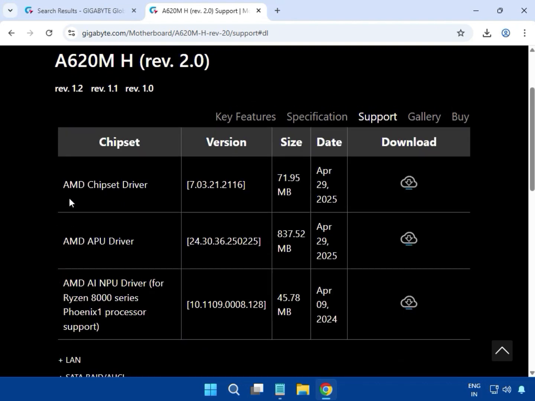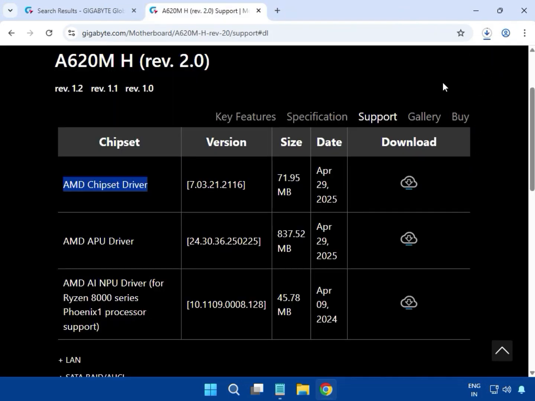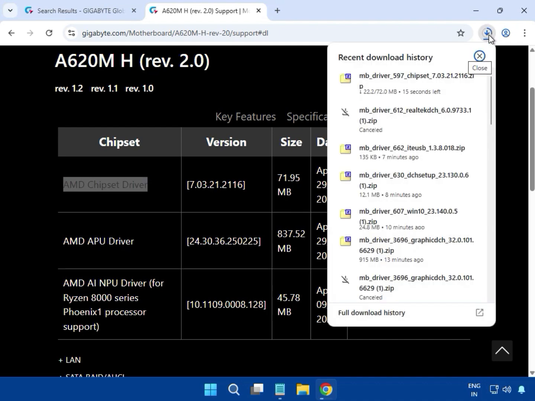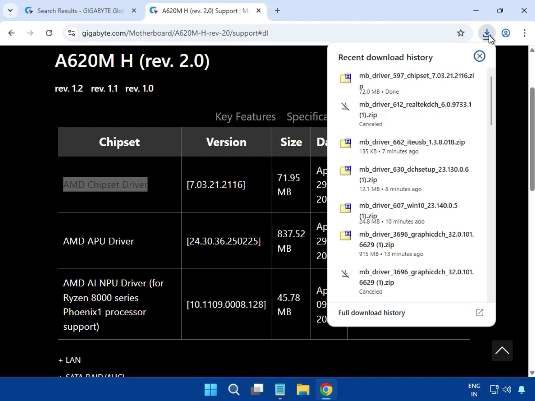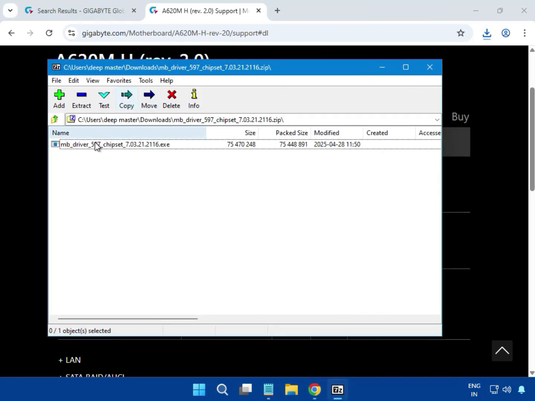Chipset driver, AMD chipset driver, and click to download. When you click to download, it will start downloading. And it is complete. Then open, just double click,